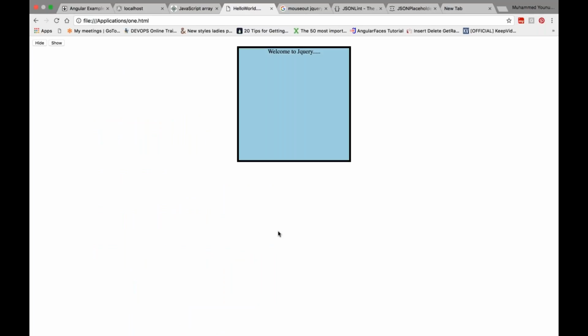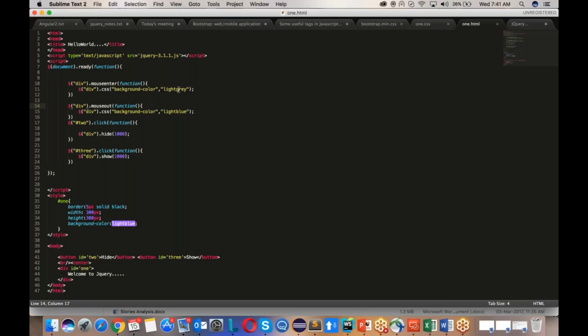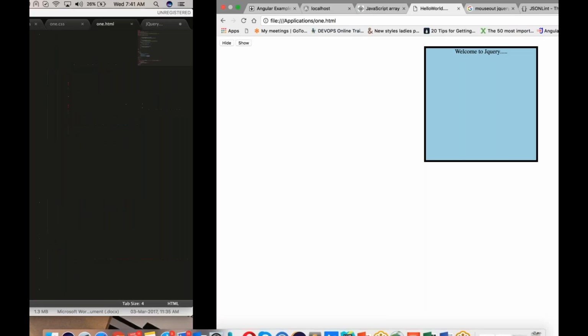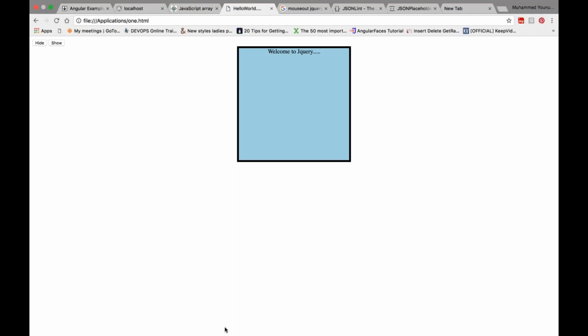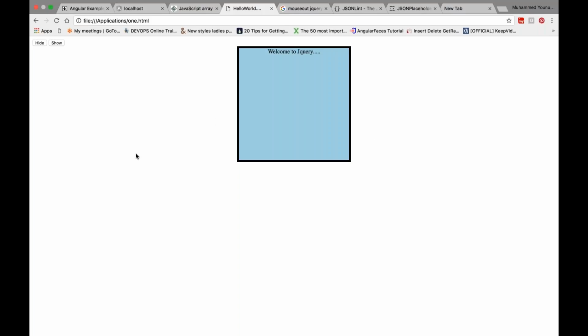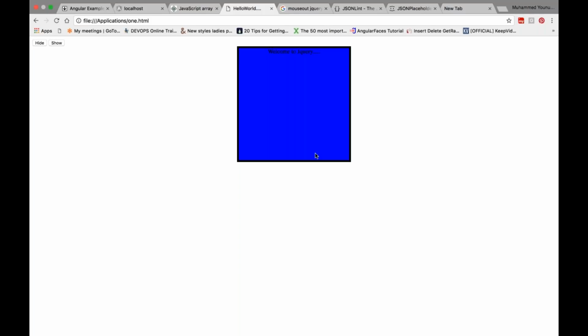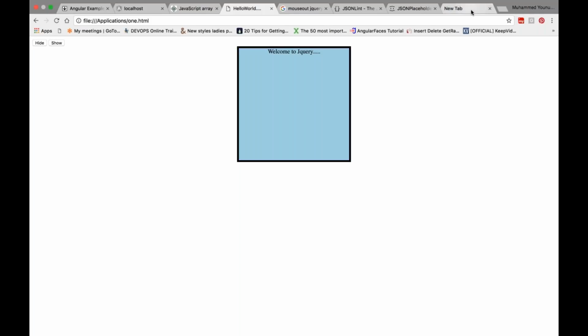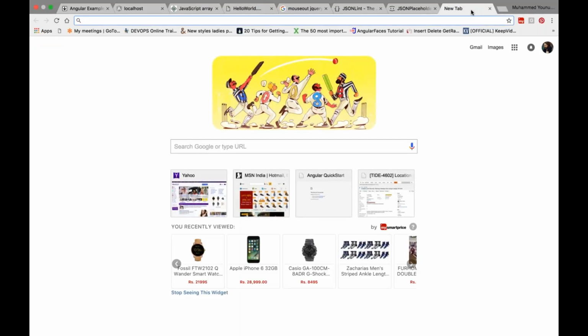So when you enter, when you exit, when you enter, when you exit. Let me give some bright color here, blue. When you enter, when you exit. Okay. So this looks like very simple things, but these are the basic things which we have to remember, because next level, what I'm going to explain to you is,